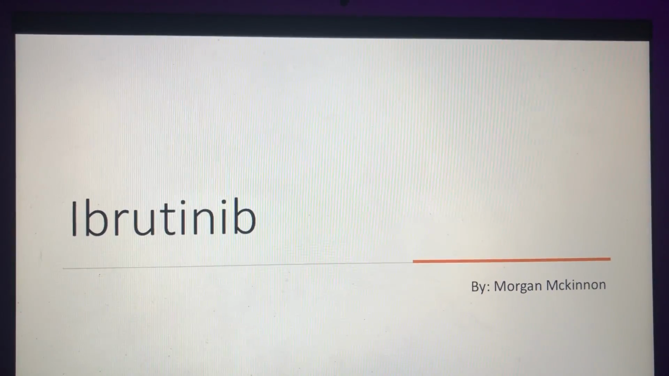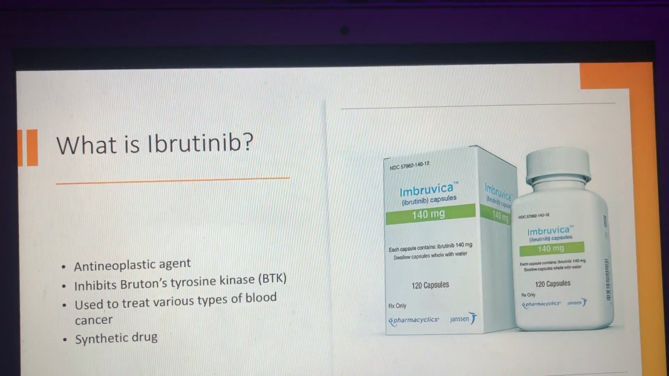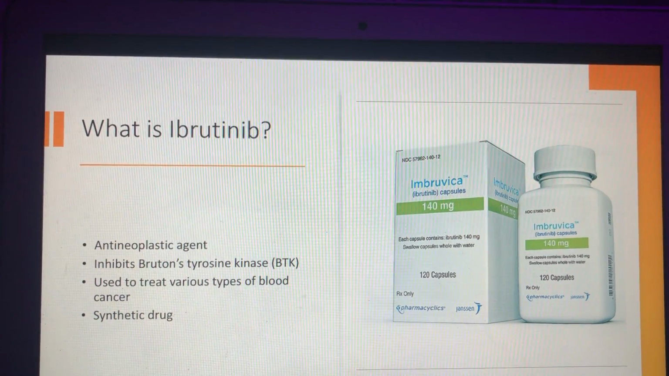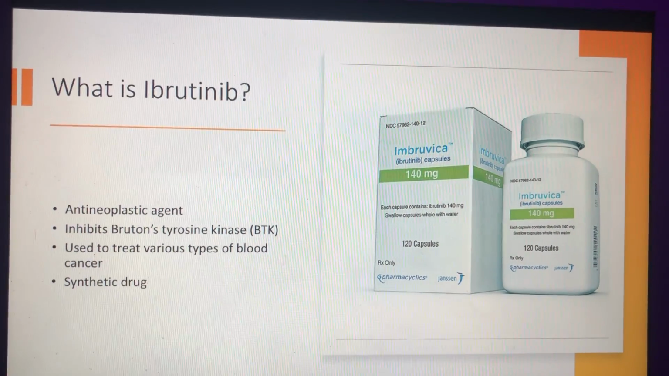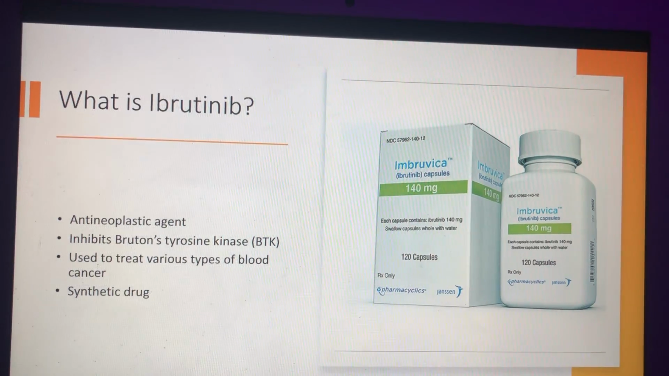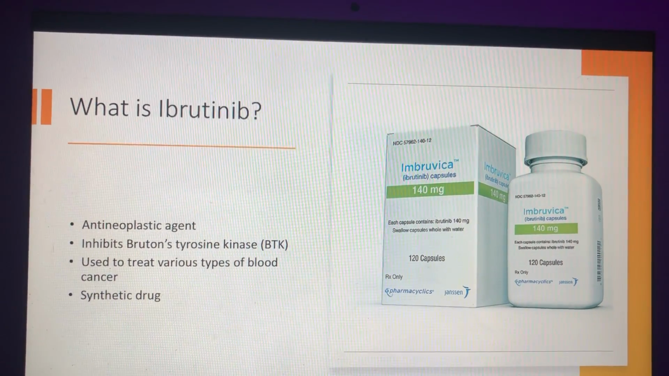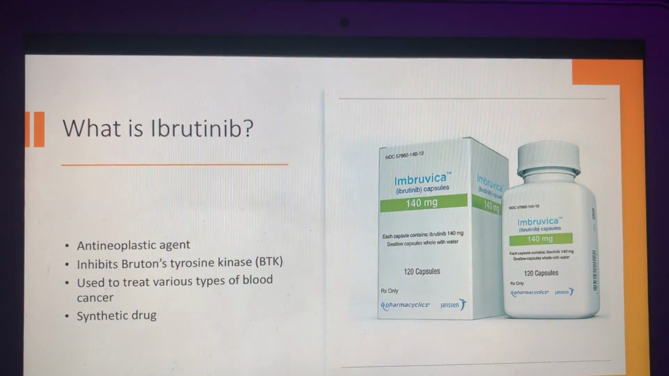Talking about Ibrutinib, also known by its brand name Imbruvica. This drug is an anti-neoplastic agent that inhibits the Bruton's tyrosine kinase enzyme, which I'll refer to as BTK. This drug was created by scientists at Celera Genomics as a compound to study the function of the BTK enzyme, and this drug is used to treat various different types of blood cancer, such as chronic lymphocytic leukemia and lymphocytic